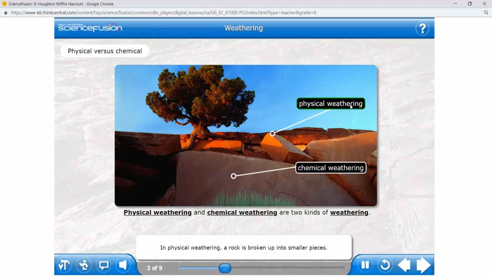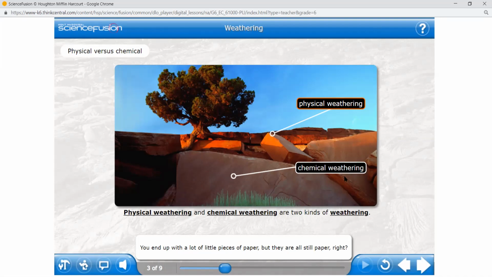Wait a minute, girls. In physical weathering, a rock is broken up into smaller pieces. All the smaller pieces have the same composition as the original rock. It's kind of like taking a piece of paper and ripping it apart. You end up with a lot of little pieces of paper, but they are all still paper, right? That means they are still rocks, and those rocks still contain minerals. Even if you rip the paper into very small pieces, the paper will remain paper. This is what happens in physical weathering.